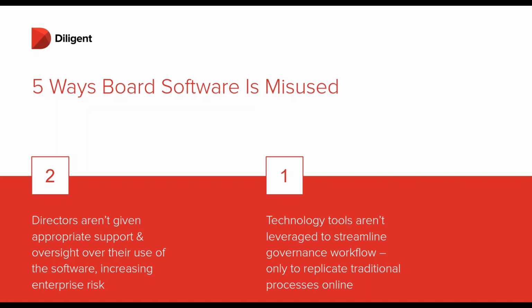And then finally, and this one is kind of a biggie, the technology evolves over time. It's constantly changing. I know here at Diligent, we probably push a release a week, every other week, something like that. And sometimes these are just little patches or small updates, but sometimes they're big new features. And it really behooves you to take the time to go back every once in a while, maybe once a year, and read through a couple of the guides or talk to your customer service rep and find out, hey, what am I not using in this system?